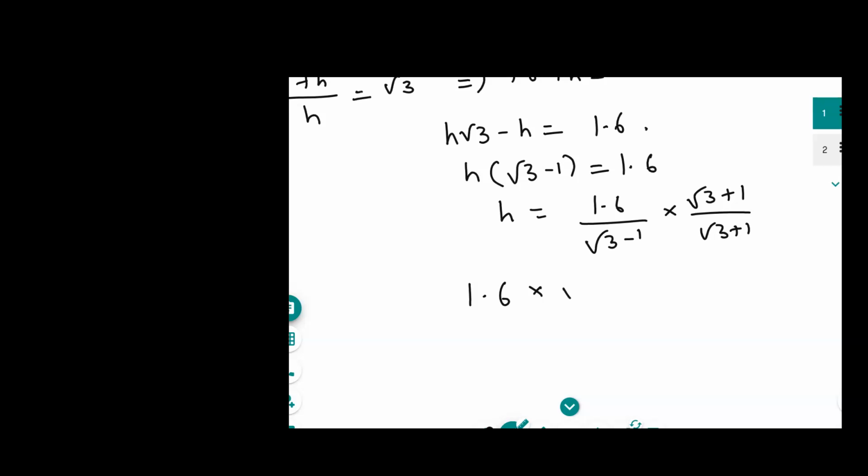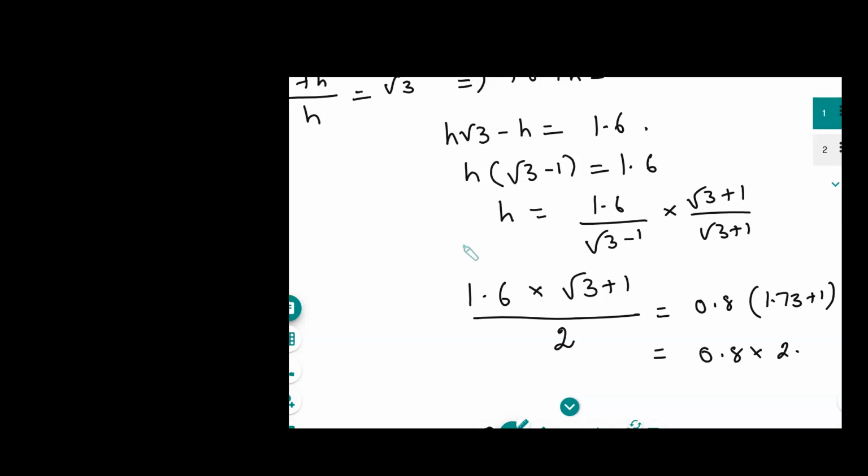into root 3 plus 1 divided by 2, which is equal to 0.8 times, we know root 3 value is 1.73, 1.73 plus 1, which is equal to 0.8 times 2.73, which is equal to 2.1. Now coming to the 38th problem, obtain other zeros of a polynomial whose p of x is given by